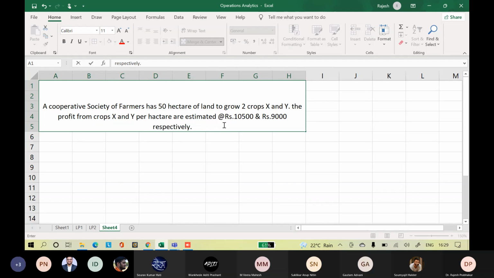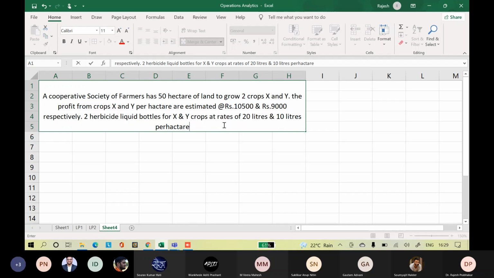Two herbicide liquid bottles for X and Y crops, at rates of 20 liters and 10 liters per hectare, are required.